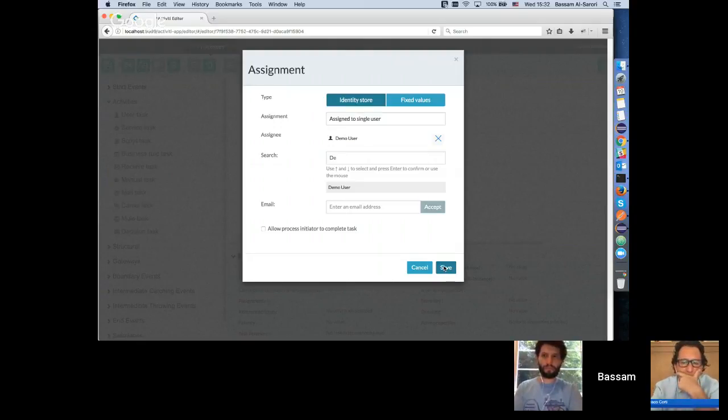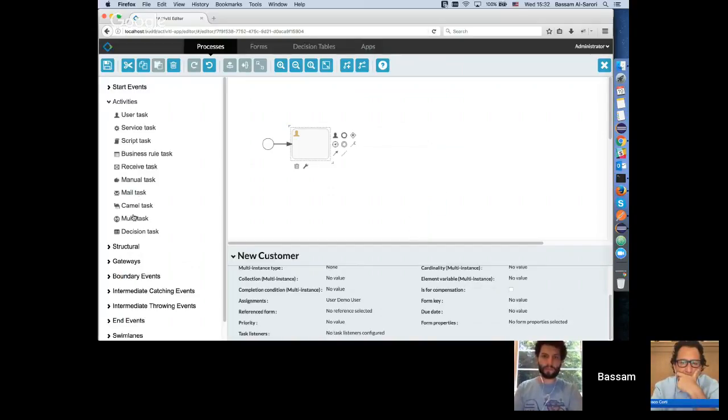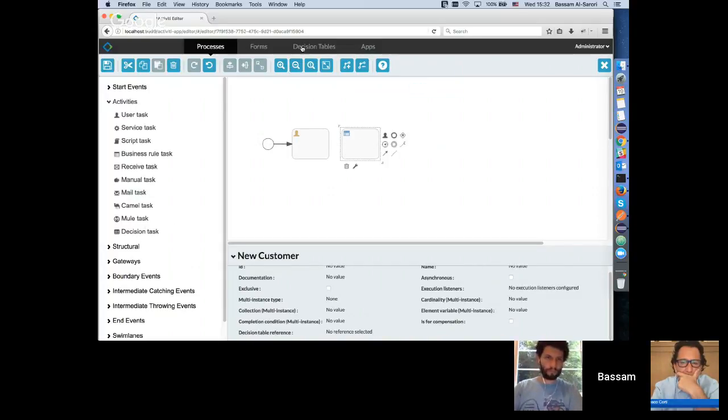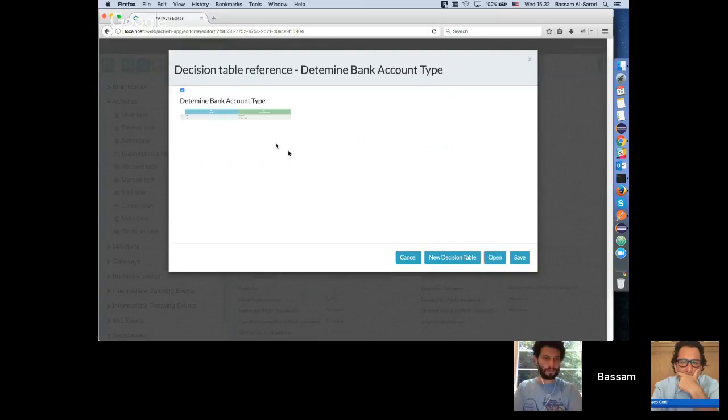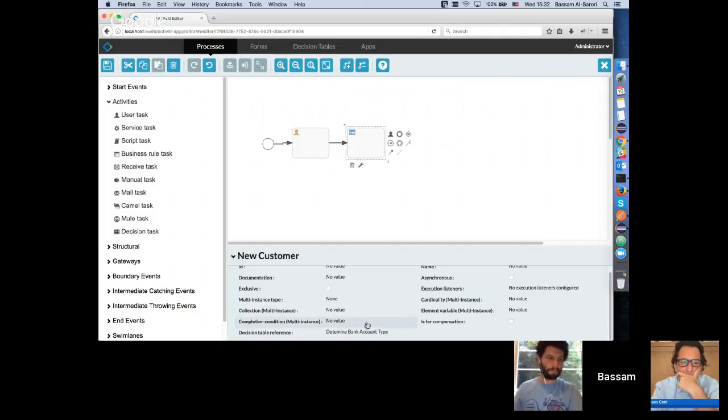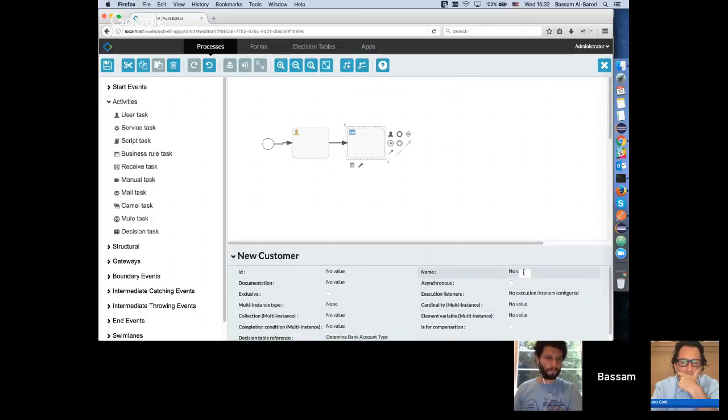And after that, you can also use, for example, the decision tasks. That's where the decision table can be linked. So, for example, after the task, you want to say, okay, I want to execute a decision table, and there you can also reference the decision table you want to use, and that will execute. So after the user task, the decision table will be executed. So here we can say: determine bank account type,